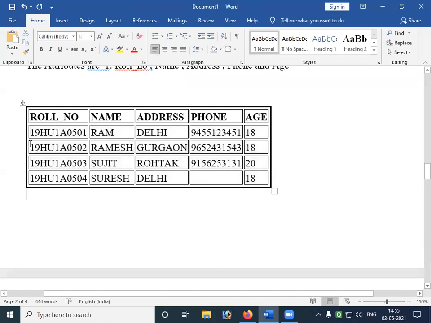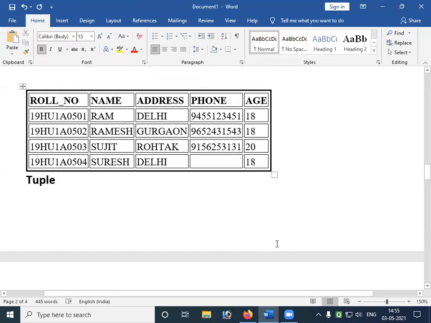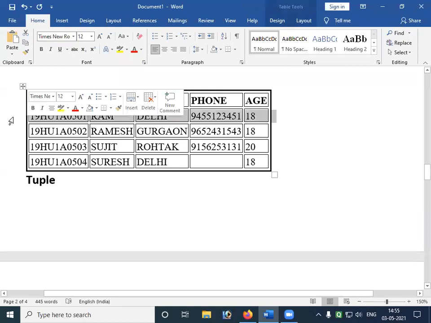Right. See here. This is called a tuple. T-U-P-L-E. Tuple. Tuple means the entire row is called a tuple. This is the entire row, my dear friends.